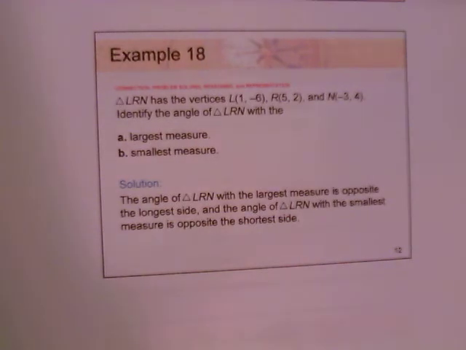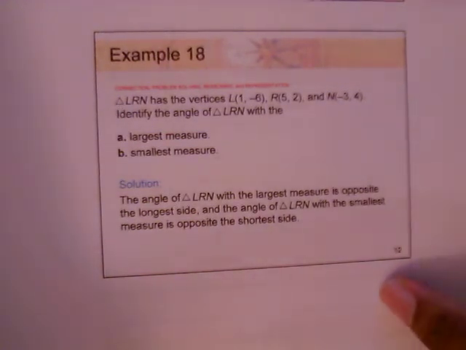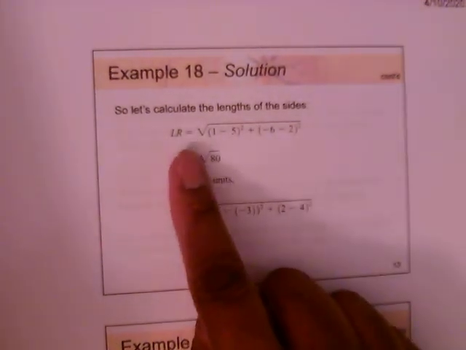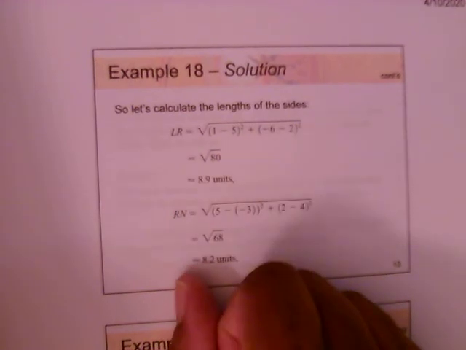So to get that, the angle of triangle LRN with the largest measure is opposite the longest side. And the angle of triangle LRN with the smallest measure is going to be opposite the shortest side. Okay. So here we're going to calculate the lengths of the sides using the distance formula. So here they use LR, and that's equal to the square root of, using the distance formula,